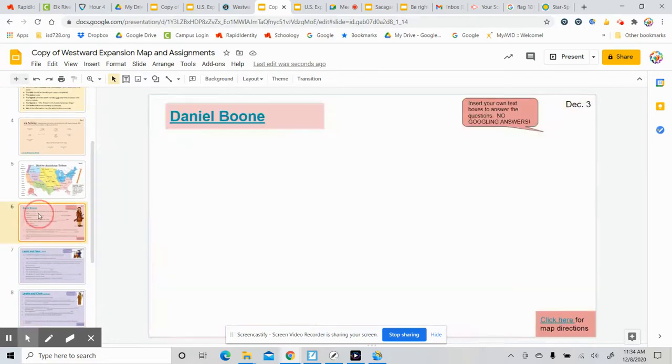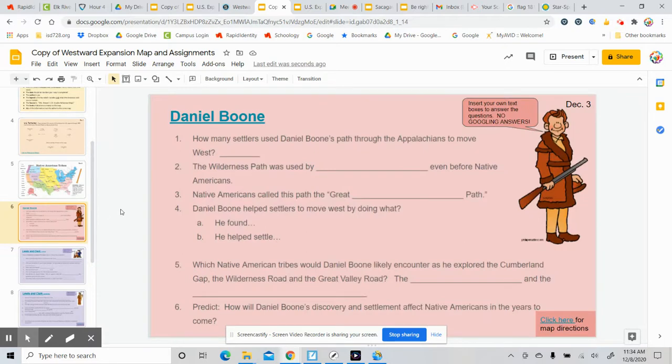Next part of the directions. You could pause right here in the screencast and work on that map. We spent 2 days on it, Monday the 30th and December 1st. We spent those days working on the map. We spent 3 days working on those, the map, and then all the way to December 3rd when we started